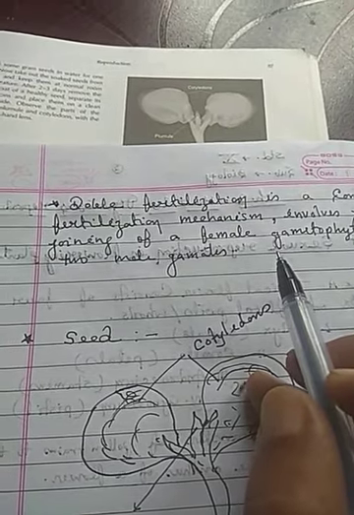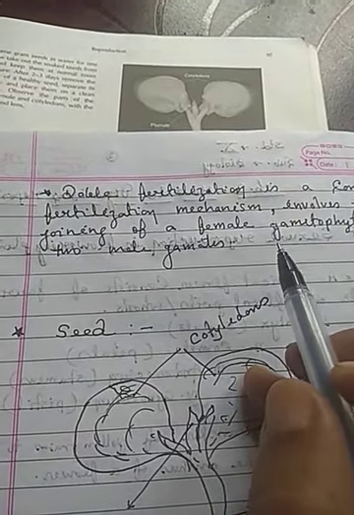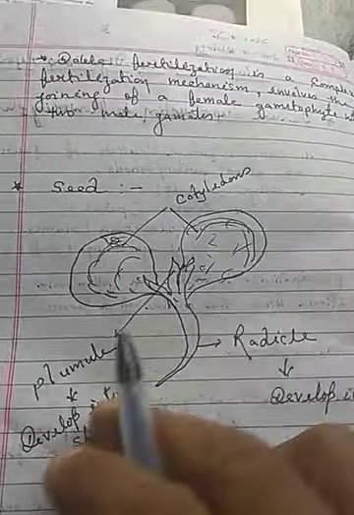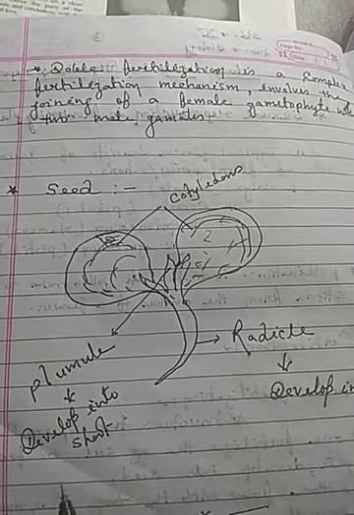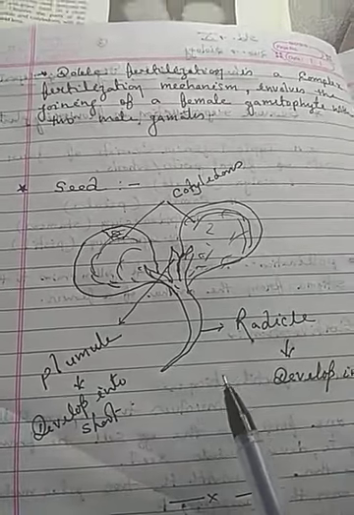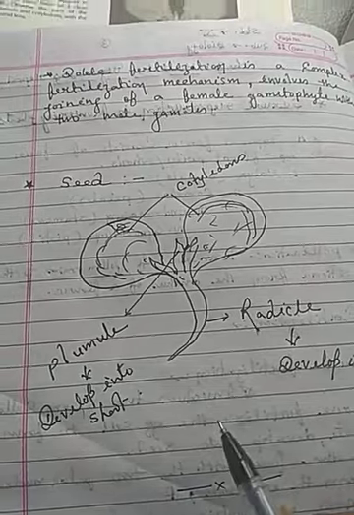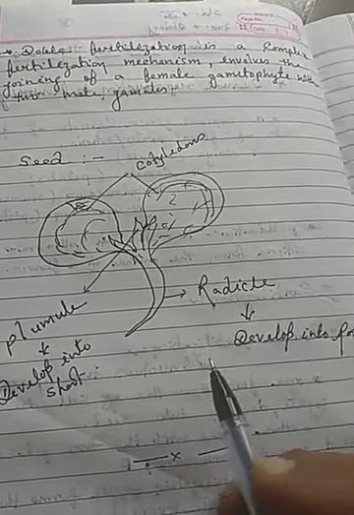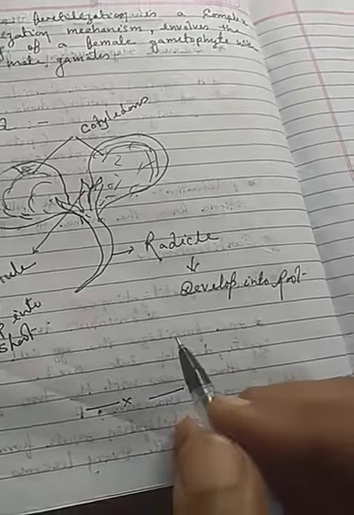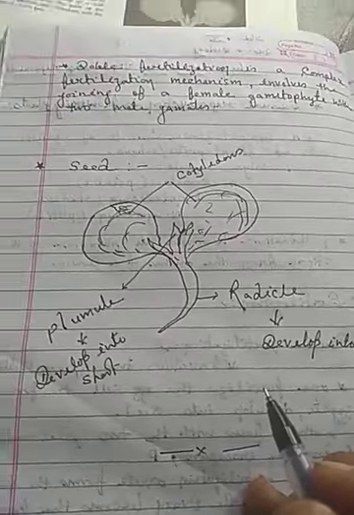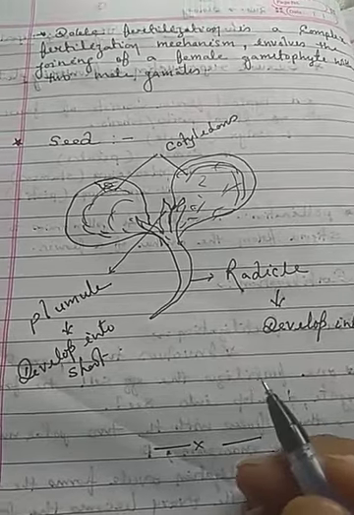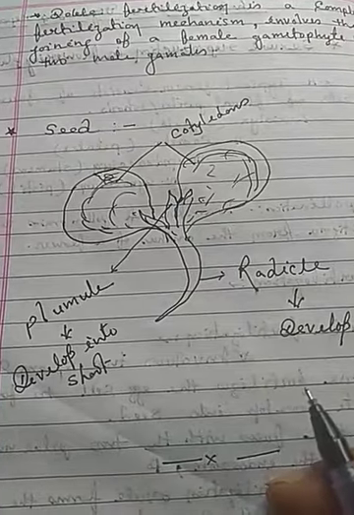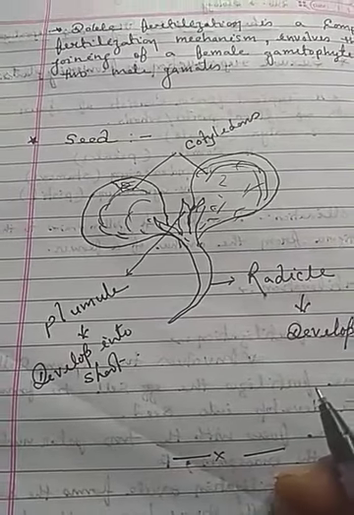In this process, seeds form, which are the base of the new generation. When a seed forms inside the plant after fertilization, it includes various parts. So, you will try to know what a seed is. The seed hides the germinating part of the plant for the future. It means during unfavorable conditions it remains in an inactive stage, and during favorable conditions the seed germinates and develops into a new plant.